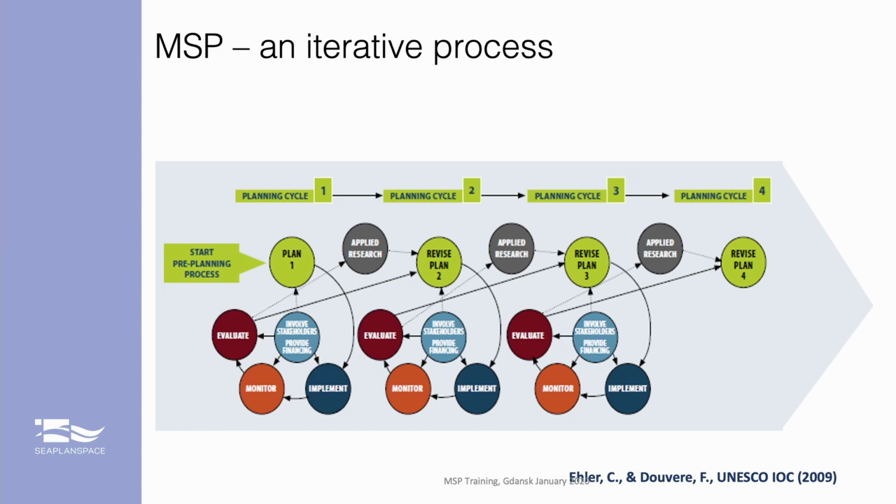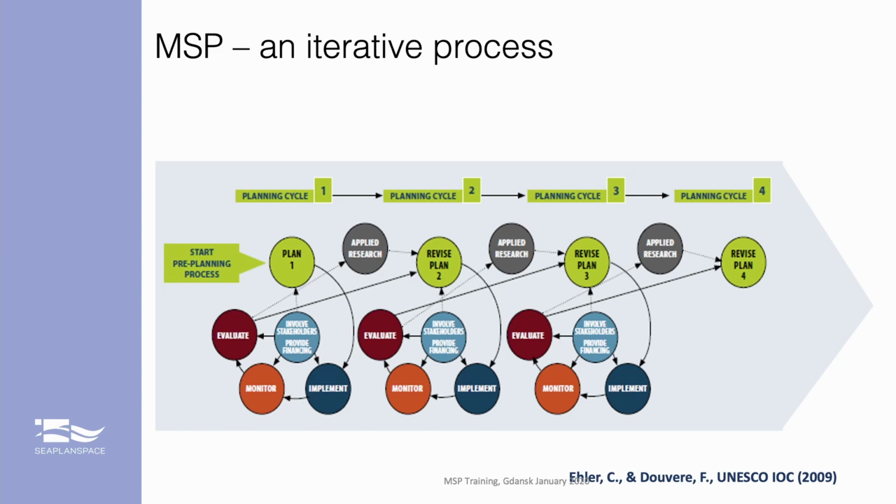And what we have seen in this iterative process is that the very first plan was the plan which was bringing the sea closer to the stakeholders. It was for the first time that the maritime space was shown on a map, that it was clear to stakeholders, hey, there is a lot out there and we should raise our voice. In fact, the involvement of stakeholders in the second process has more than quadrupled. So there were many more stakeholders who showed an interest in the second revision. And I'm sure that this will be even more the case in the third process for the Maritime Spatial Plan,